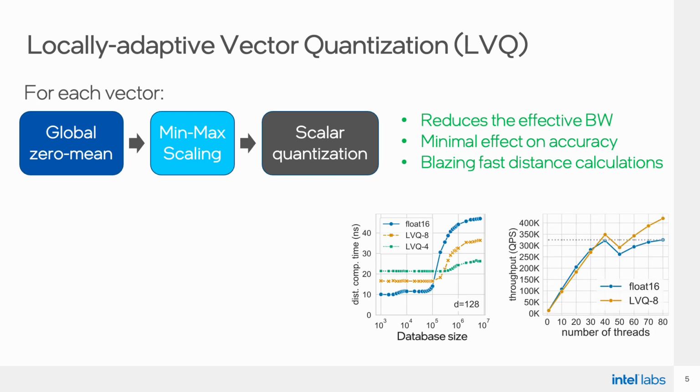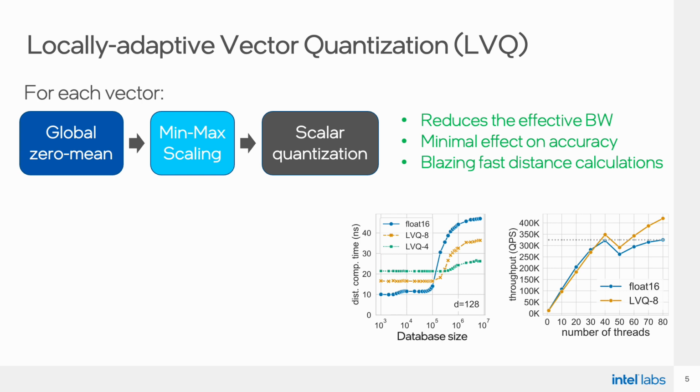Finally, we can see that LVQ allows to overcome the bandwidth limitations imposed by traditional vector formats. Without LVQ, we cannot increase the system's throughput beyond 40 threads, as we have already saturated the memory bandwidth. The reduction in bandwidth from LVQ allows to utilize all available 80 threads with increased performance. All in all, LVQ accelerates the search, allows to use all available cores effectively, and uses a small memory footprint